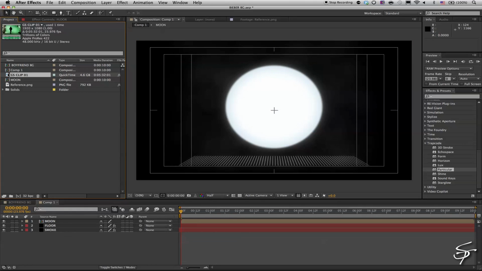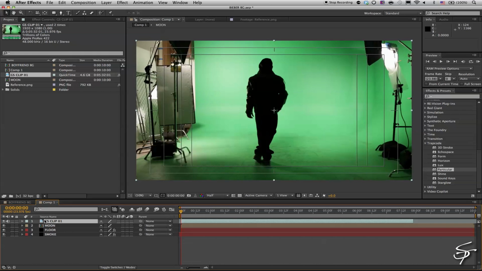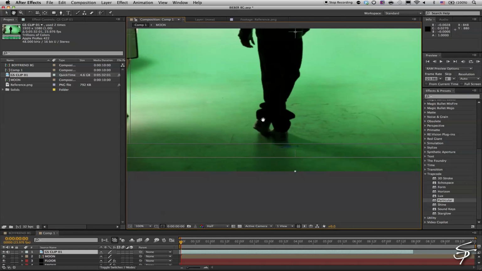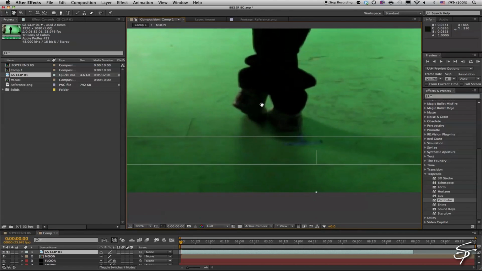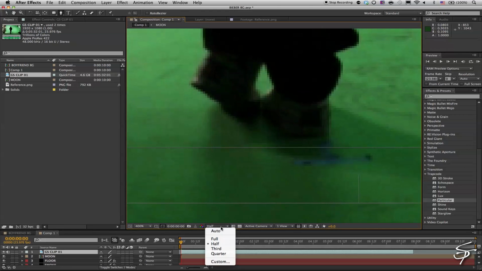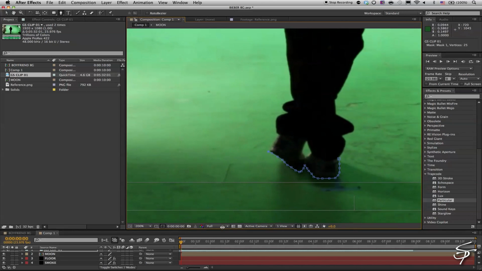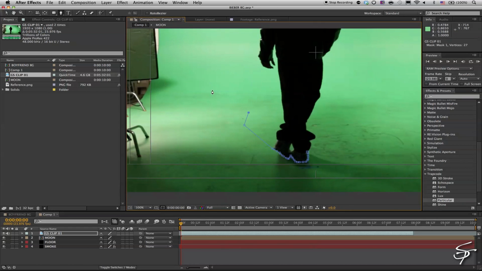All right, let's grab our green screen clip here. Let's grab the pen tool, and we're just going to trace around the feet here. He doesn't move in this shot. His feet don't move in this shot, so I'm going to just mask out the feet here because the floor isn't lit that well, and I don't want to have to deal with this dirt here on the floor. So let's mask around our character here,